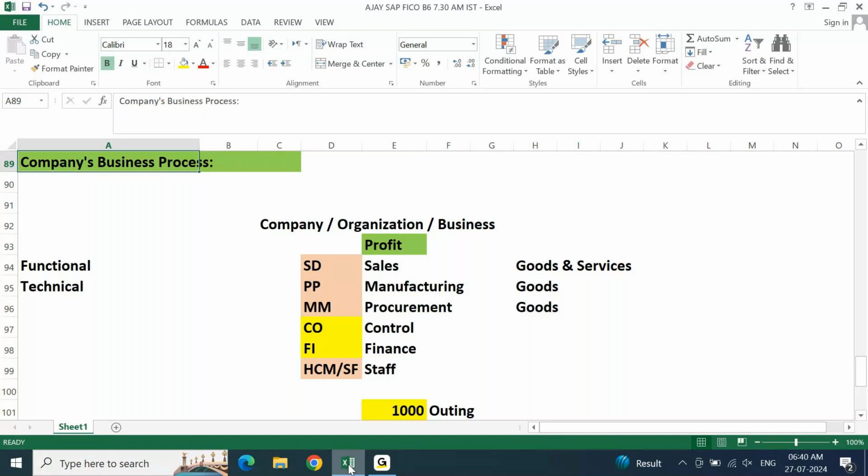to control. When I'm controlling my money, cost, expenses, and all, I need to know what my funds are, what the available funds are. To do it, you need to work with financial accounting or the finance module, in short, the FI module in SAP terminology, accounting in our academic language. And to do all these activities, you need staff, employees, which is taken care of by SuccessFactors or the Human Capital Management module in SAP. Now, these are the things we understood. Now, let us come down.